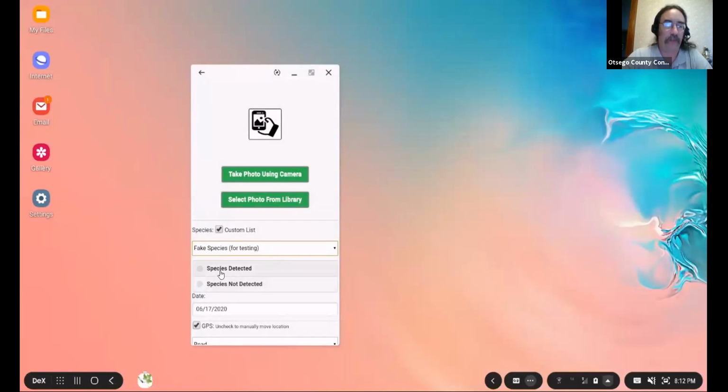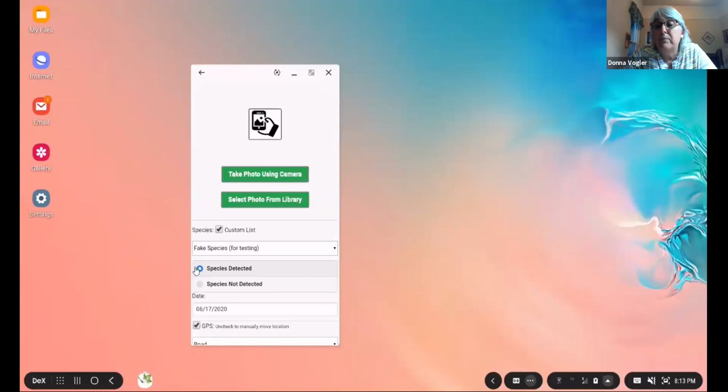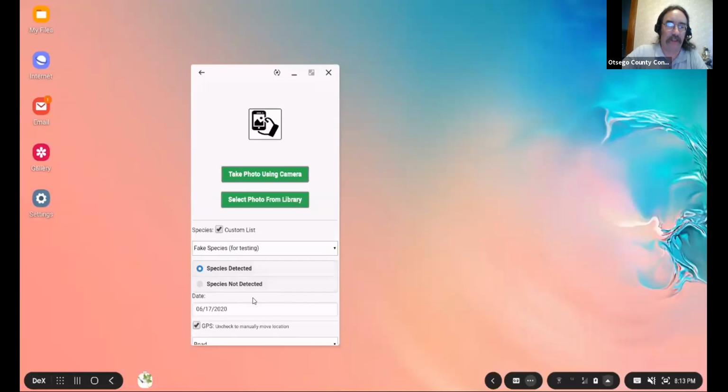As Donna mentioned before, if people aren't sure if a species is in the area, and part of the job is to find out, and you don't find it, that's also a valid record. I think they just started doing that a couple of years ago, right? I think that's new to iMaps 3. They used to have separate categories for certain species, presence, absence. They allow it for any species now. Right. Okay. So we click our species detected, and our data is automatically filled in.